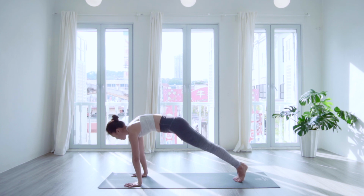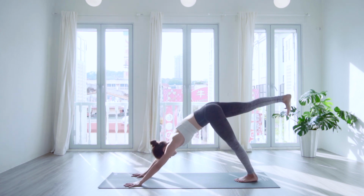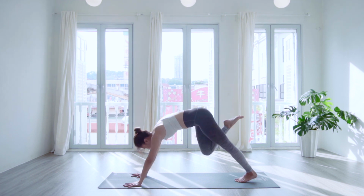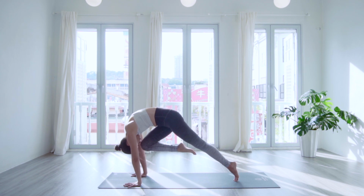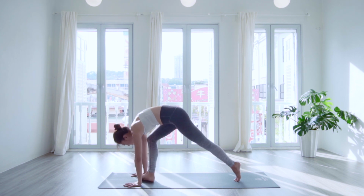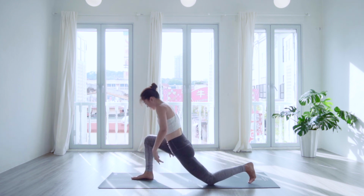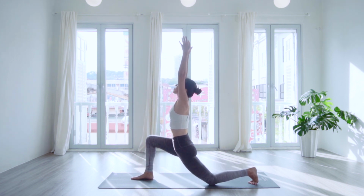Rock back to a three-legged dog, right leg in the air. Good. Exhale, send the right knee forwards to the chest in a tuck position. And set the right foot down in front of you on the mat to find a low lunge pose. Good. Inhale, arms up. Exhale, stay in this position and explore sinking deep to create a stretching of the back